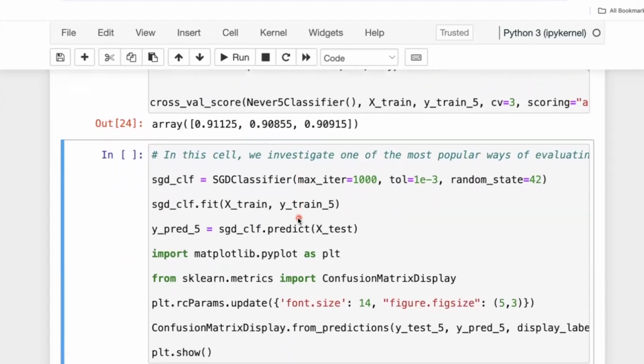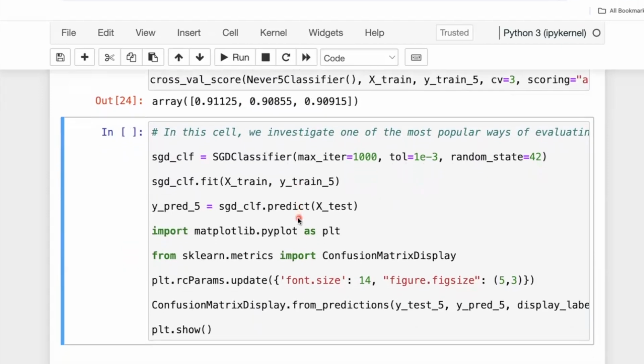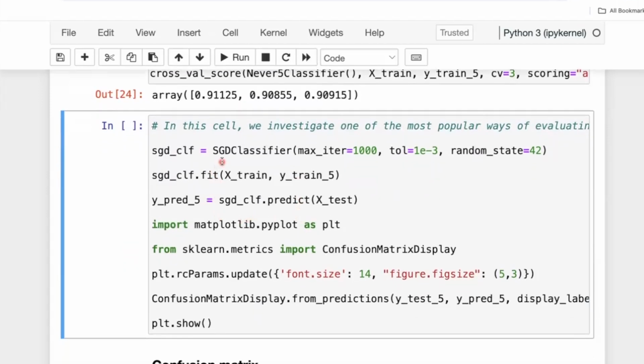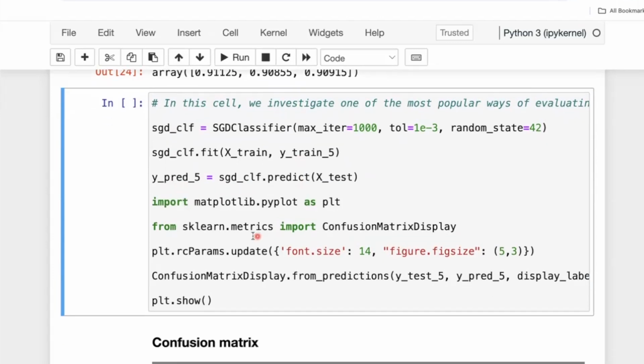In order to dig a little bit deeper into this, let's say we use our SGD classifier, we provide our training data, and now we predict the labels for these testing data points. That's why I call this y_pred. One thing we can do from scikit-learn.metrics, since most of the metrics that we are going to cover today are in this module called metrics,